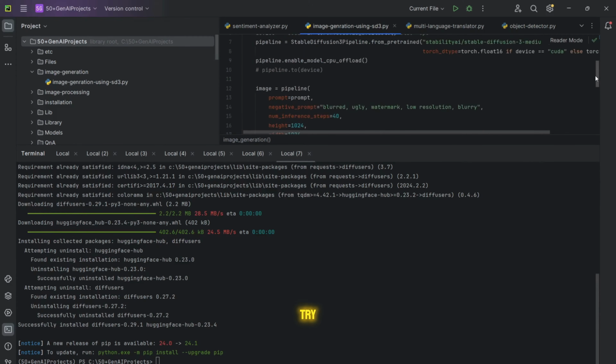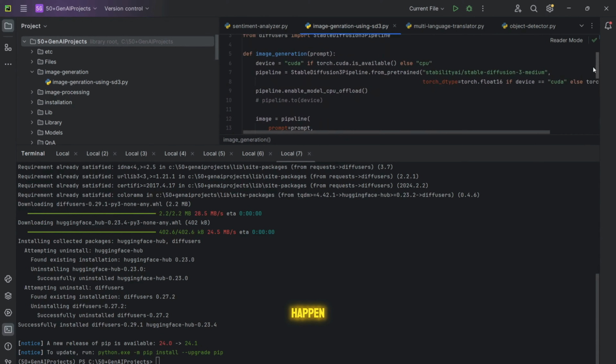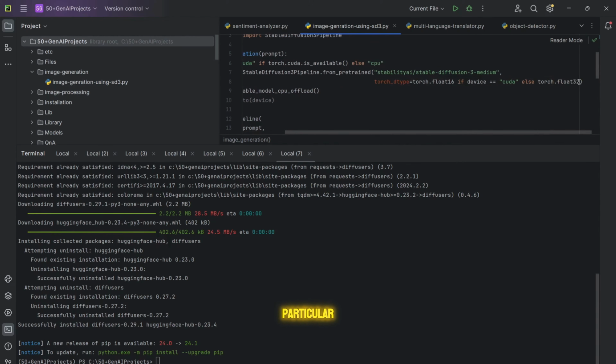But when I try to run this, it will take a lot of resources because the SD3 model size is too big. It's around 16 GB, and that's why it is going to take a lot of time. Even when I tried with my GPU, it was taking around 8 to 10 minutes to generate a single image. So for this particular project, I'm going to introduce two additional parameters,